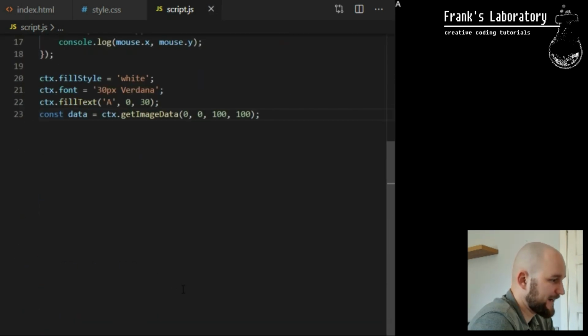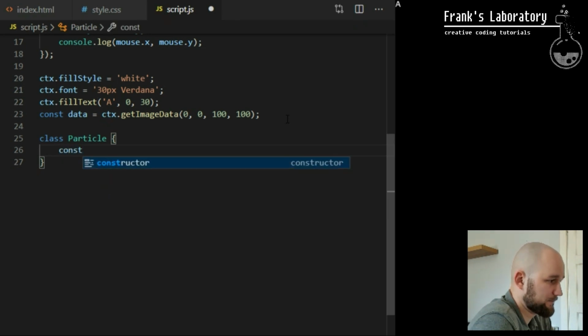Now I need a way to create many similar particles that will each represent one interactive dot in our final effect. For that, I will use JavaScript class. I call it Particle with capital P. Each class has one mandatory method called a constructor. Constructor will run just once for each particle. It will create a new blank object and assign it properties and values based on information I will declare inside of it. It will serve as a blueprint.